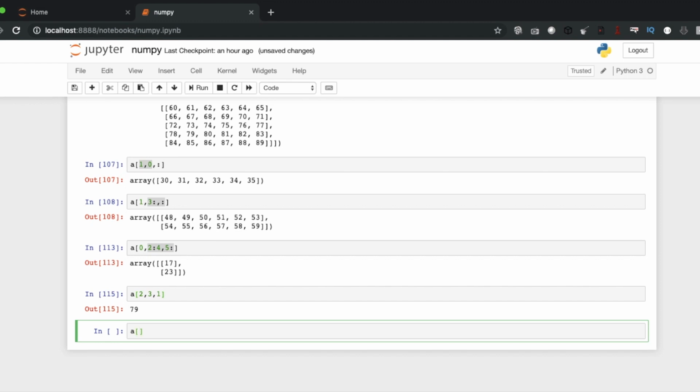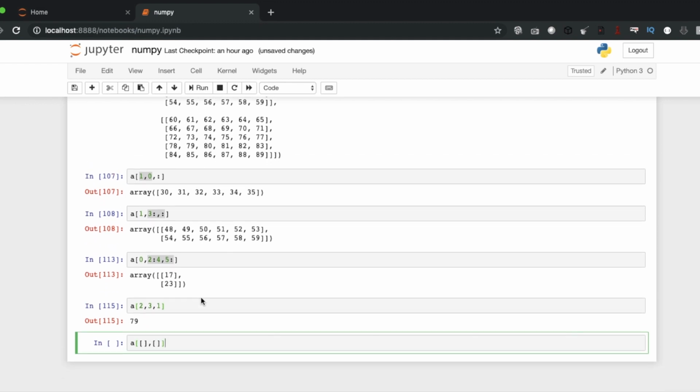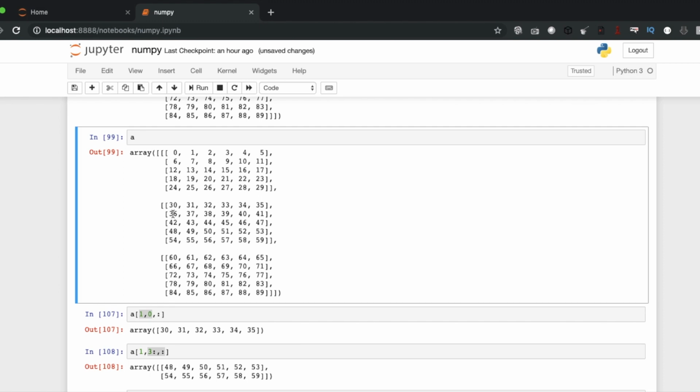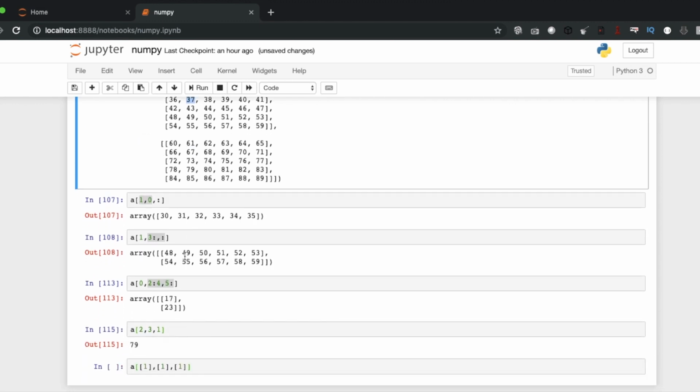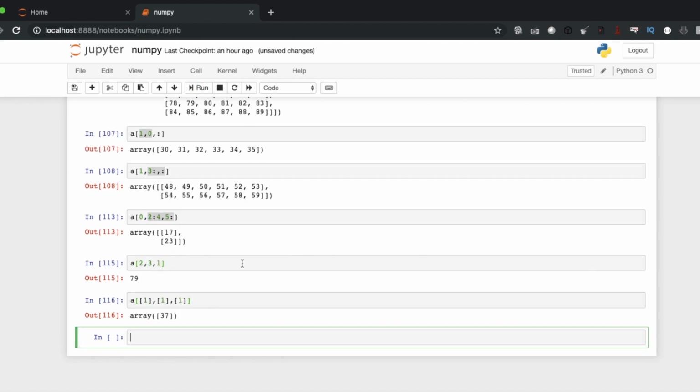I'm not sure why this name is given. Say if you need a three-dimensional one, for example 1 1 1, what is going to print? 1 means first this one 0 0, then this is first 36 and this is first 37. So this is creating an array, a nice array.